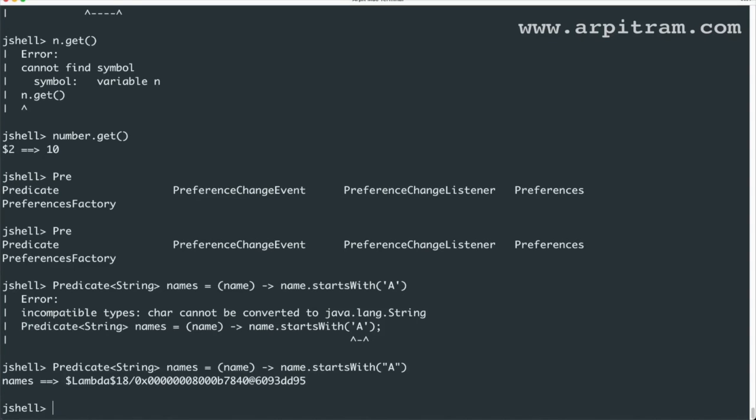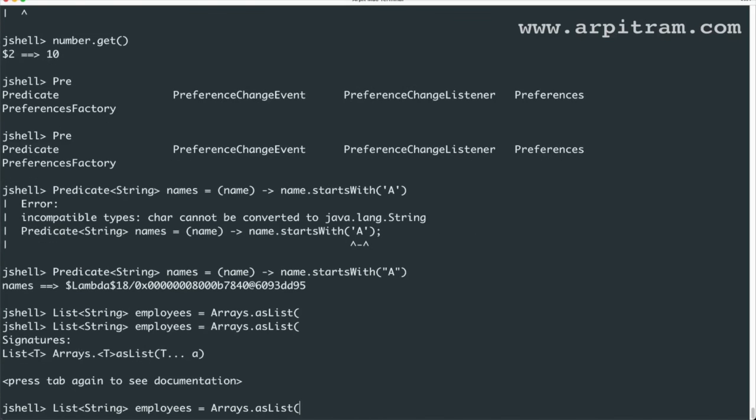Now I can create a list, for example, a list of employees, and now I can use Arrays.asList. See, whenever you press tab, you will get all the options here, like what you get with the IDE IntelliSense.